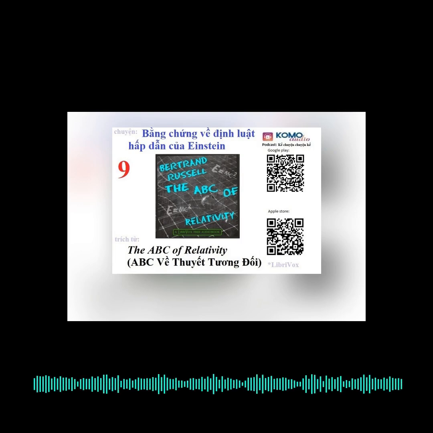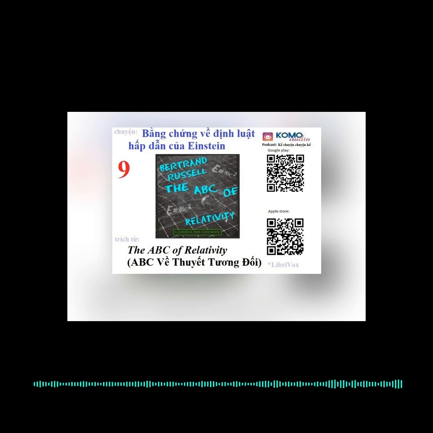Now, it was found by observation that from one occasion when Mercury is nearest to the Sun until the next, Mercury does not go exactly once round the Sun, but a little more. The discrepancy is very small. It amounts to an angle of 42 seconds in a century. That is to say, in each year the planet has to move rather less than half a second of angle after it has finished a complete revolution from the last perihelion before it reaches the next perihelion.